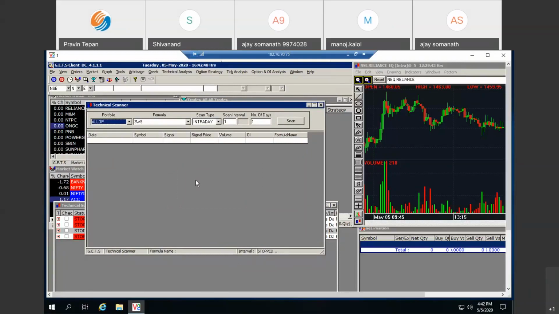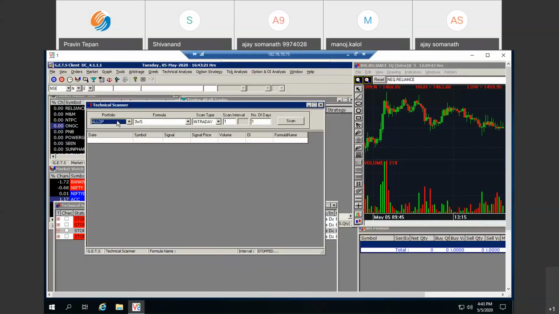If you have run your strategy in the live market, it will show like long has come at this price at this time, and then long exit has come at this price and this time. Like this, it will appear in the live market. After the market, it will show the historical only, but in the live market it will show the live trading, like every trade, at which price you have got the trade. Everything will be shown here.